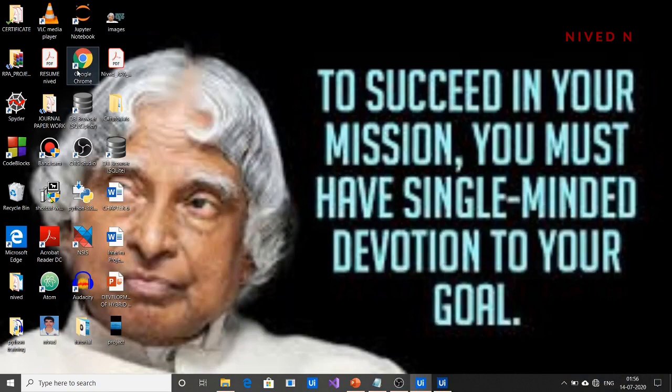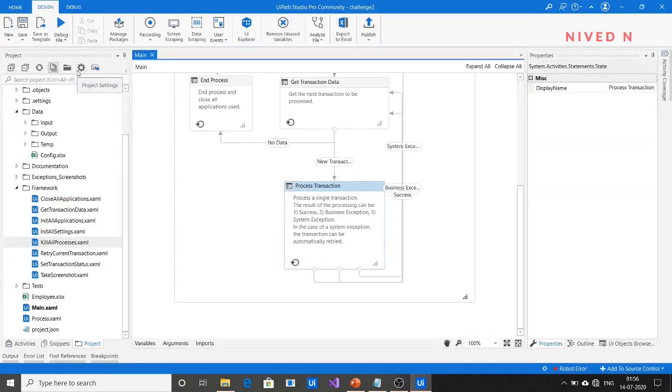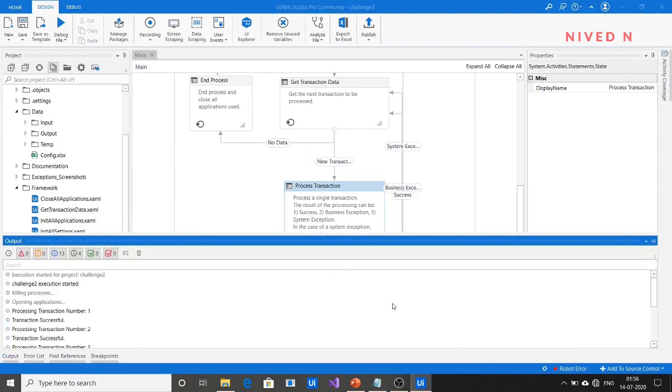Yeah, it's running successfully. Yeah, it has completed, I think. You can check in the output panel. Yeah, transaction 1, transaction 2, transaction 4. Every transaction has been completed successfully.